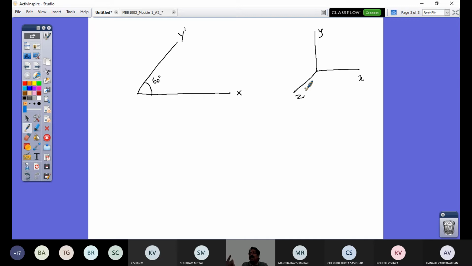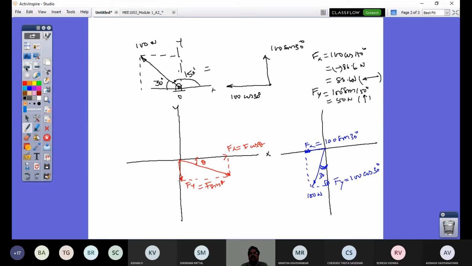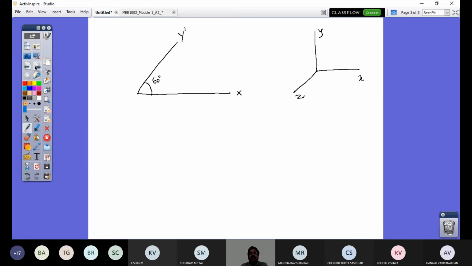I am not taking all three coordinates. Instead, I am taking only two coordinates and looking at it in a plane, the XY coordinates, which we have seen in the previous case discussions. Now I'm going to look at coordinates which are not Cartesian. Rather, it is a special coordinate system, x and y dash axis.